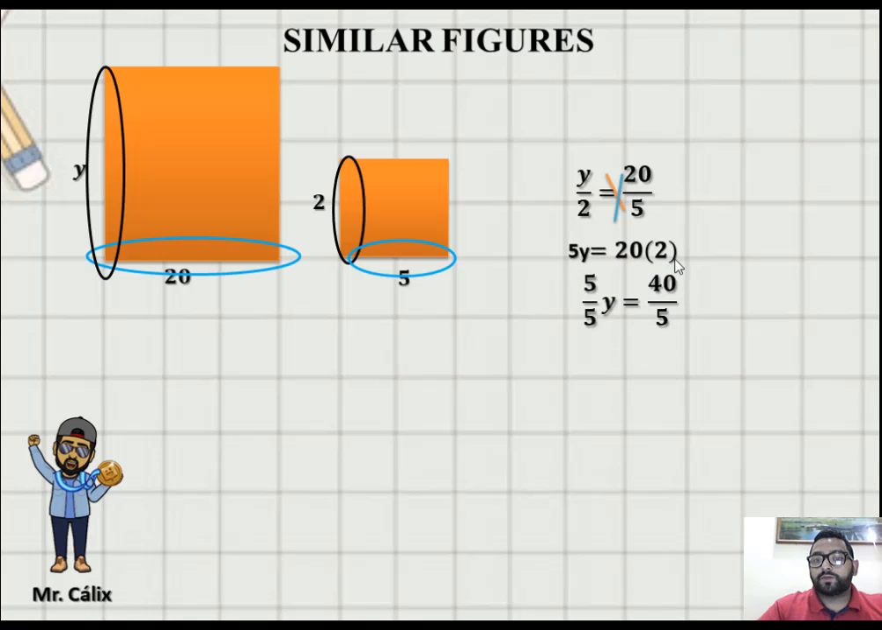Then 20 times 2 is 40, and we divide by 5 on both sides to keep the equality, or the balance, and finally we're going to have y equals 8. Remember, the 8 is the missing value, or it's this part. And what does that mean? That h is corresponding with 2 if you write the ratios. If you divide 8 by 2, it gives us 4, and 20 divided by 5 gives us